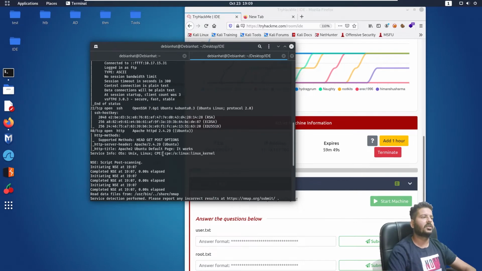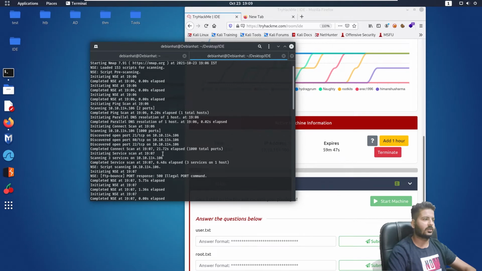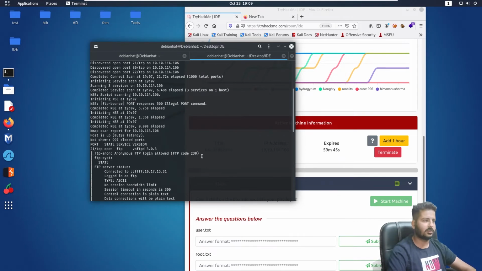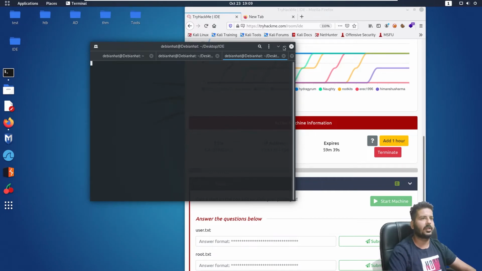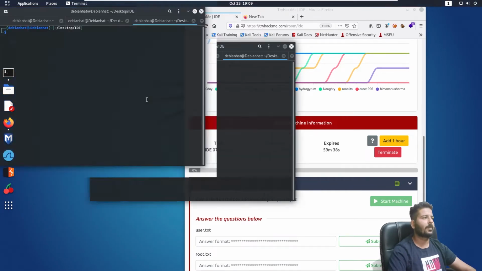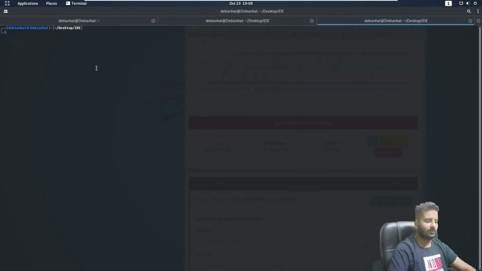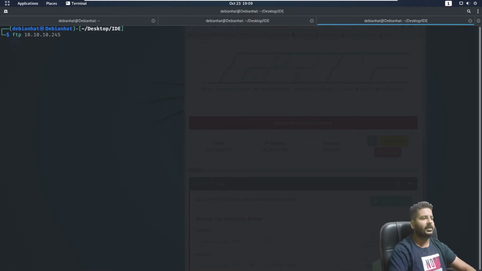Now, enumerating the first port that we have got, that is FTP on 21. I'll quickly open a new tab in the terminal. Let me zoom in a bit. There I go. FTP with the IP address that I have.